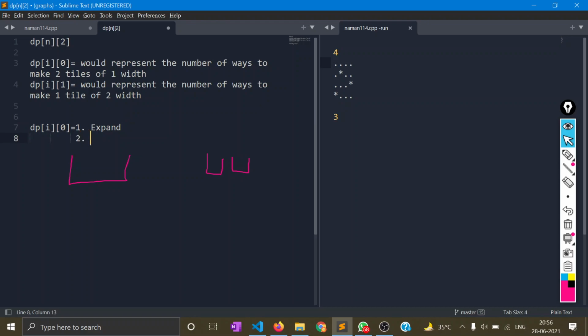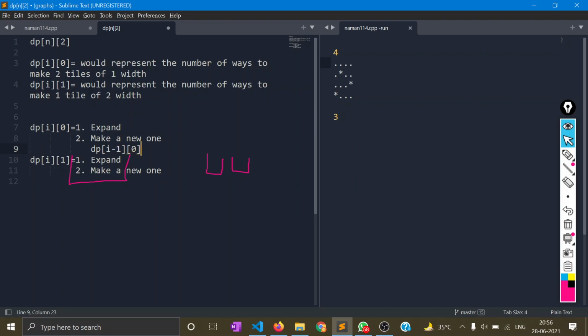Second case, we make a new one, right? Similarly, on I1, we have two cases, right? If we make a new one, we know it doesn't really matter what was on the I minus